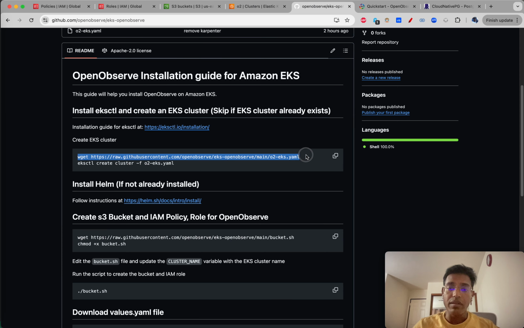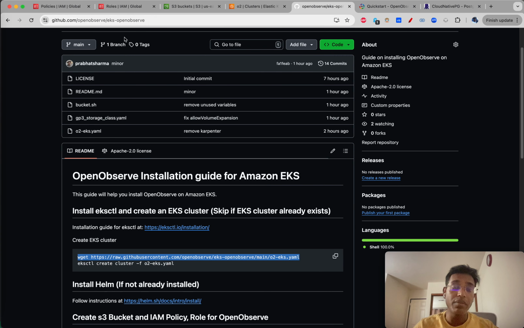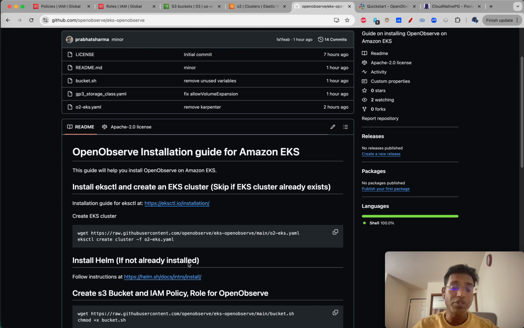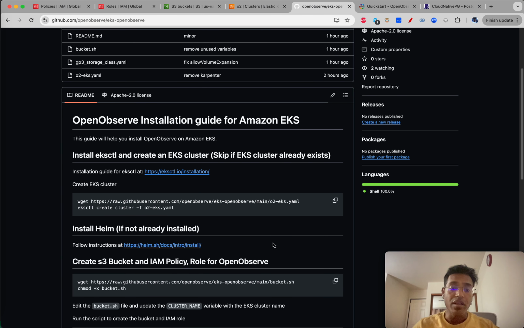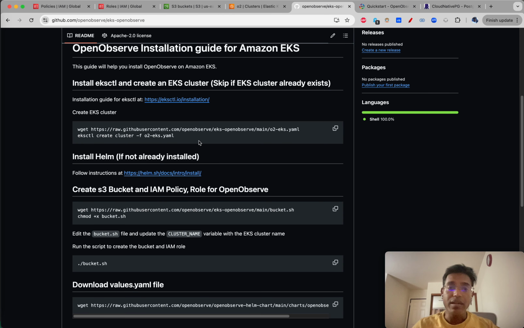If you run this particular command, it will download this particular file on your local laptop, if you have not already cloned this repository, and you don't need to. And then you can run this command to create an Amazon EKS cluster. Make sure that you have credentials in place that allow you to create an Amazon EKS cluster. Once the cluster is ready,